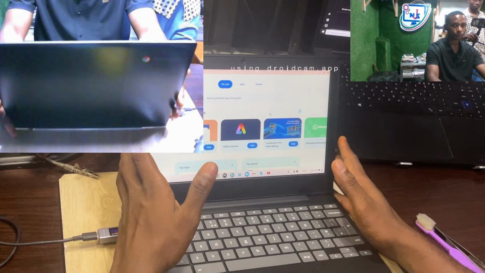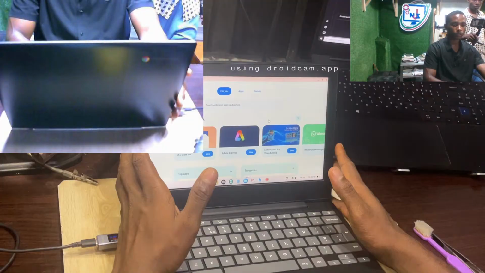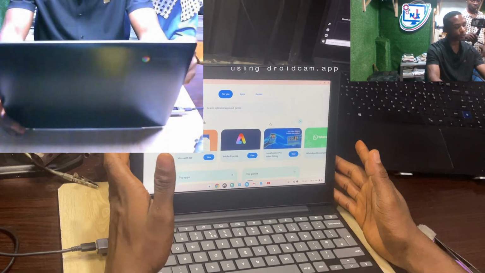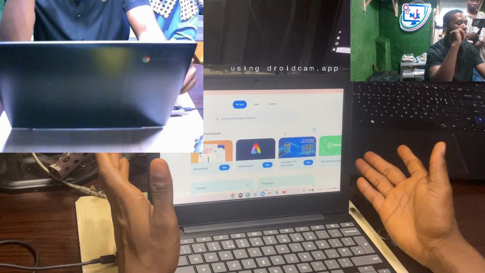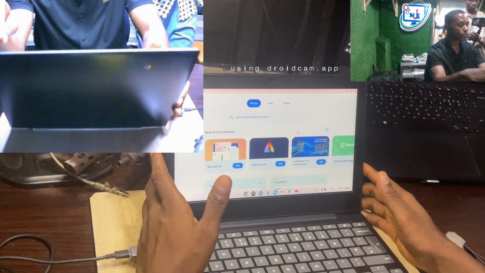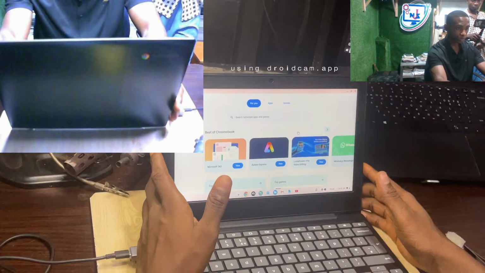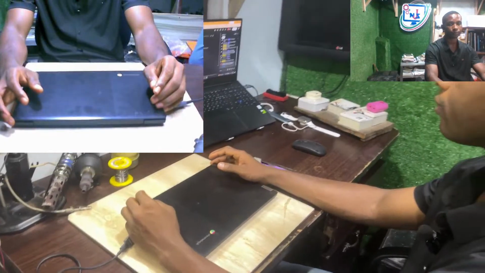So we are done with this. The next step is for us to install Windows on this system. Okay, we are going to run Windows on this same system. This step is going to take a while. It's going to require you to